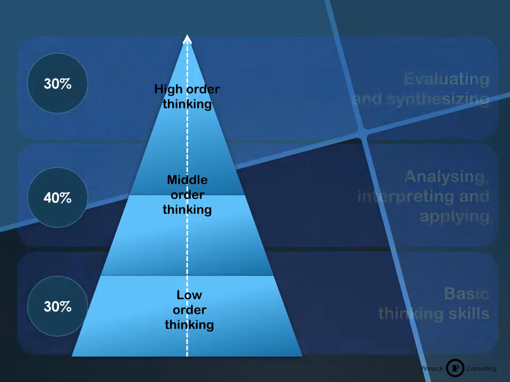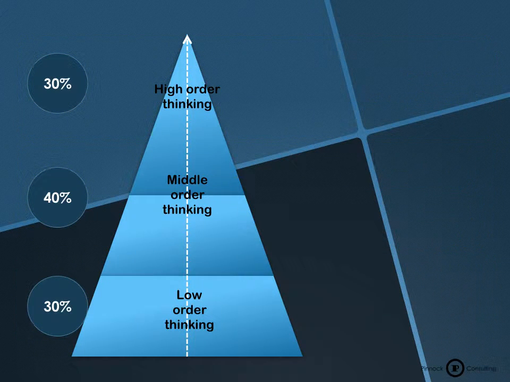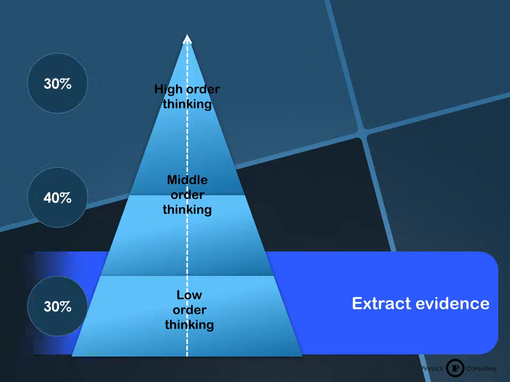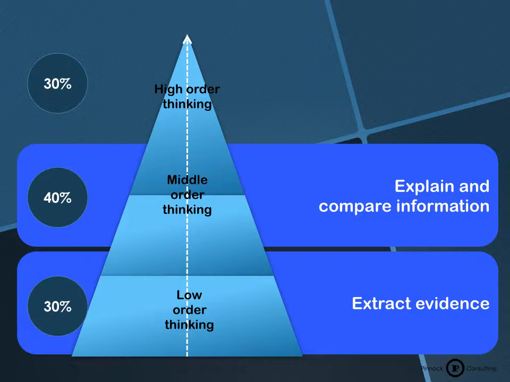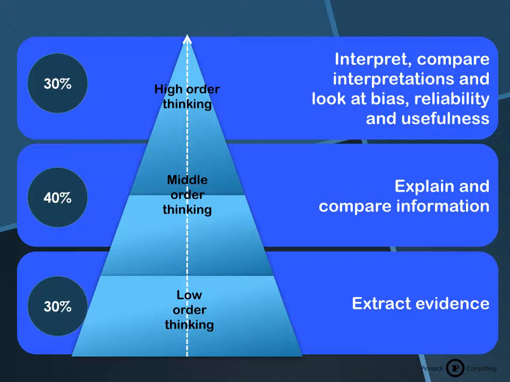Now, let's have a look at how this specifically relates to source-based questions. 30% of the time, we should be developing the learner's abilities to extract evidence. 40% of the time should be dedicated to skills such as explaining historical concepts, straightforward interpretation of the sources, possibly what is being said by the author or creator of the source, and then also allowing the learners to compare information in sources. And then, of course, another 30% is at your highest order, which is where we want the